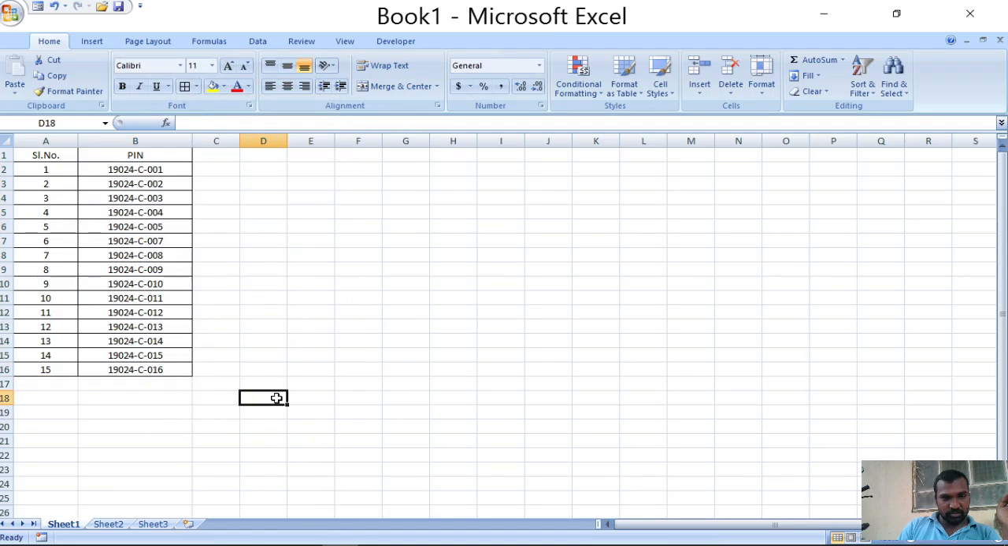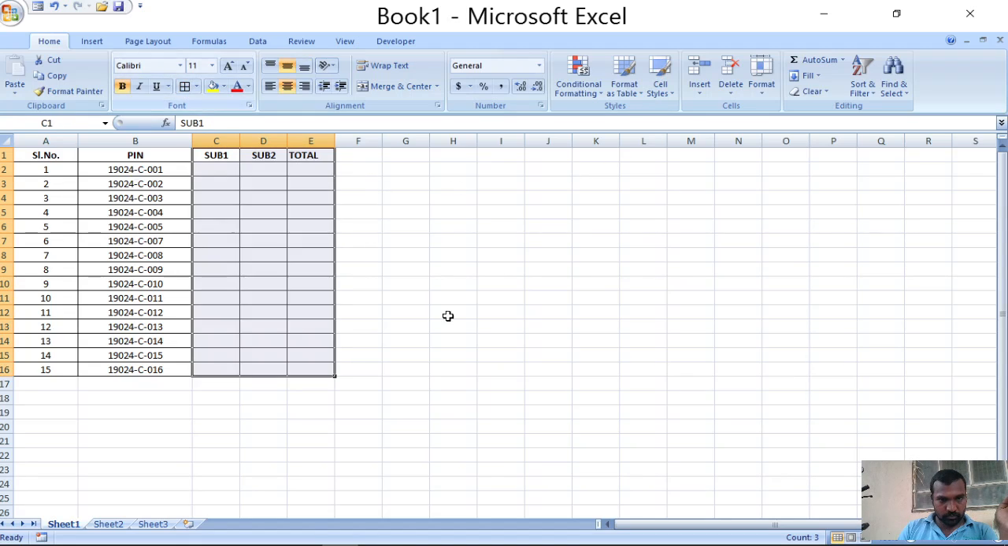I am applying all borders, so now it looks like a table, and I am highlighting the first row so that it looks like headings: subject 1, subject 2, total. Now for all these numbers we want to know the total marks of two subjects. So here, 12,